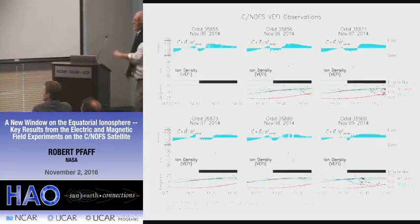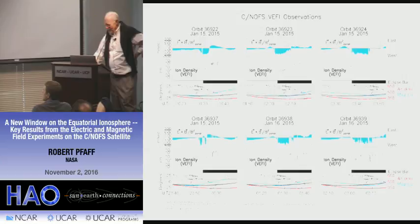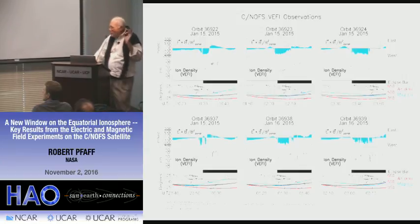These are now just the zonal drifts. What you can see is every time we go below the F peak, the direction of the zonal field has changed. The zonal drift has changed. There's still another one. And we think this is very important for the physics of the onset of the spread F